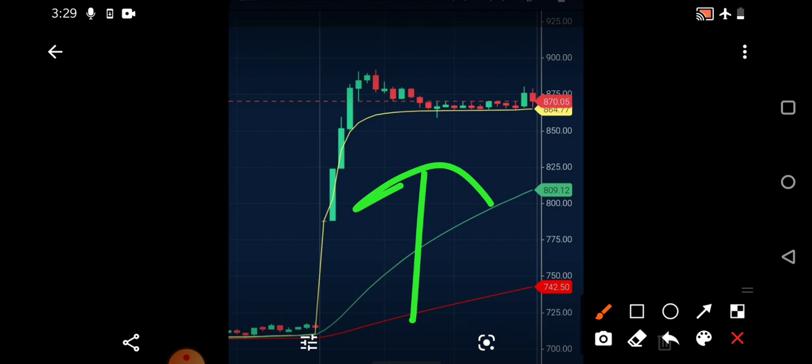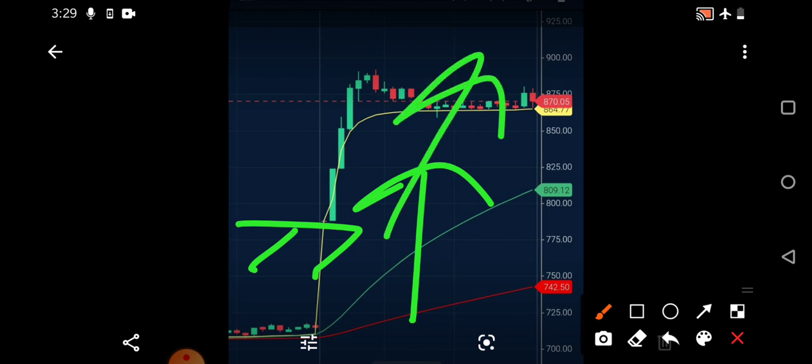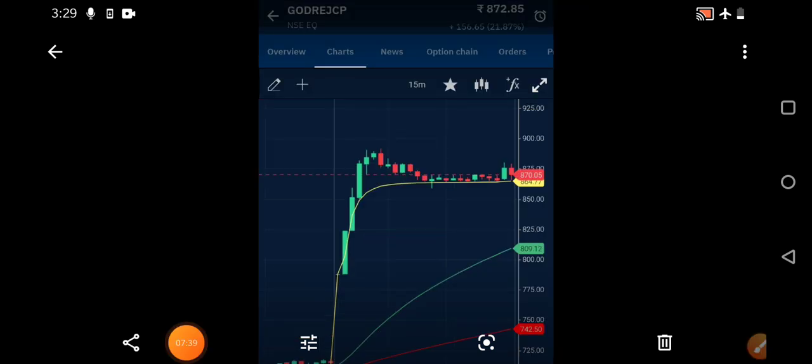What you need to do is go to the technical chart of that particular stock and put one major indicator. What is that indicator? VWAP, volume weighted average price. You need to put that particular indicator. You can see it is the green color line. In the 15-minute candle, for intraday trading we use VWAP. So you need to set up a 15-minute time frame chart. Once you set up a 15-minute time frame chart, your trading chart is simplified. I am suggesting to all my subscribers and viewers watching this video to use 15 minutes. For maximum confirmation, go for 30 minutes, or you can even use 5 minutes.